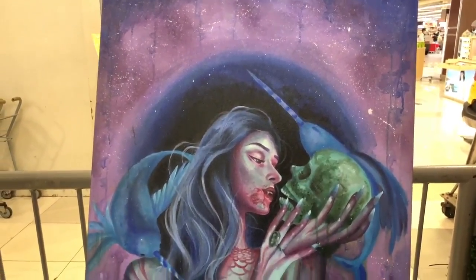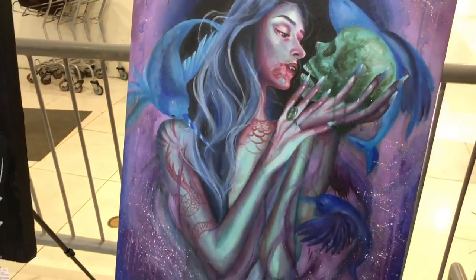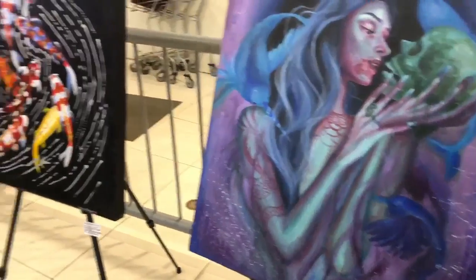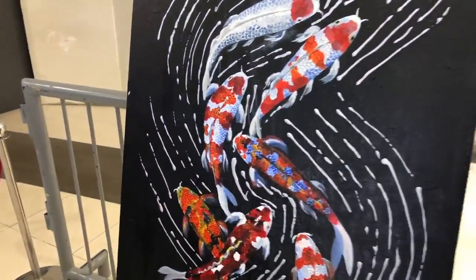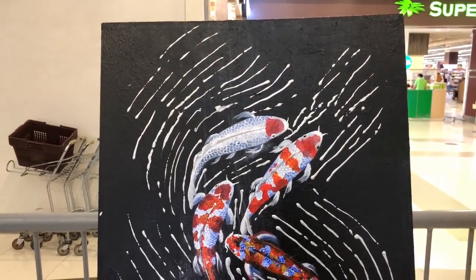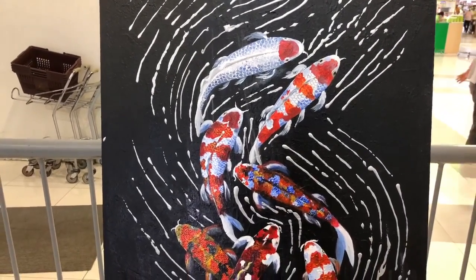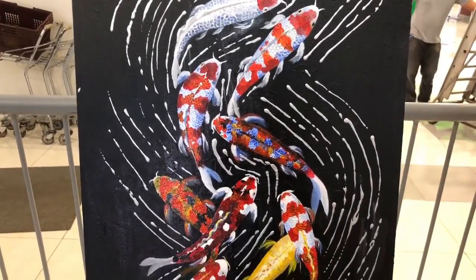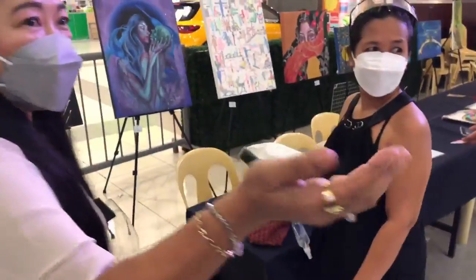All right, good morning, ladies and gentlemen, to all the shoppers of Island City Mall. Right here at Island City Mall Activity Center is a Bohol mixed media, arts, handicrafts, and ornamental plants exhibition and sale. We'll be right here, starting today up until October 2021, from 8:30 in the morning until 7:30 in the evening. And we have a lot of